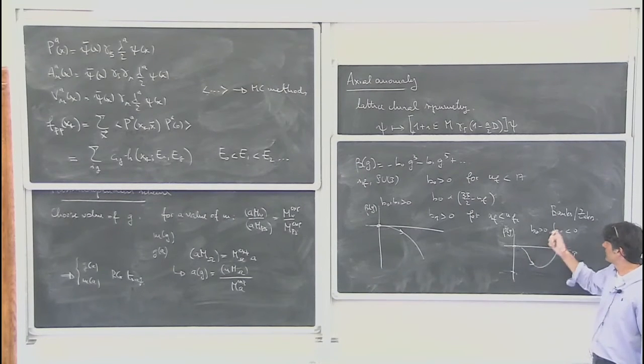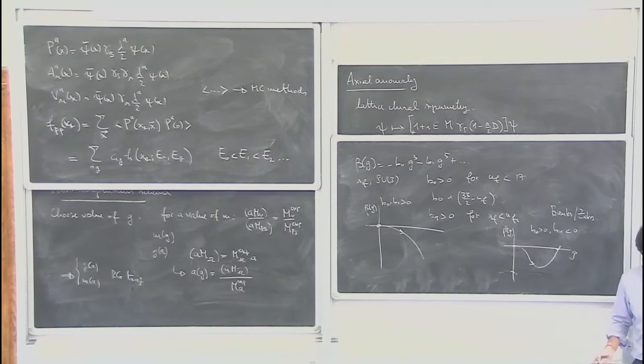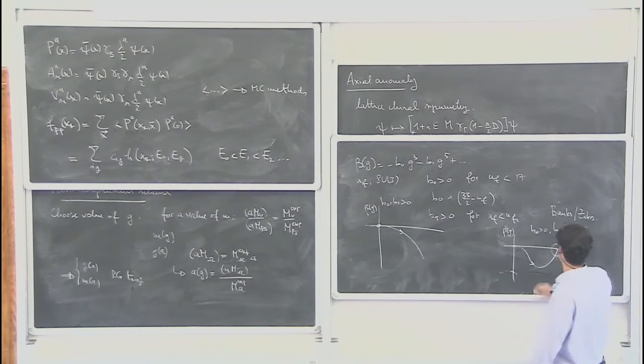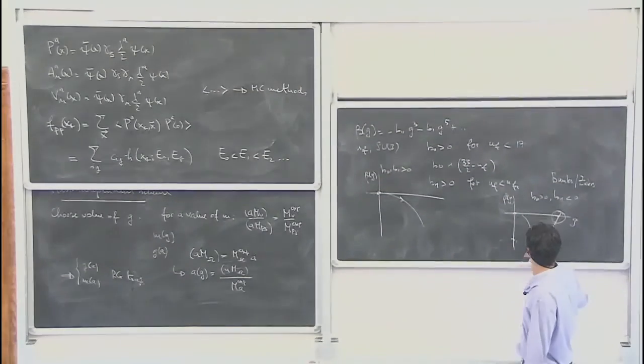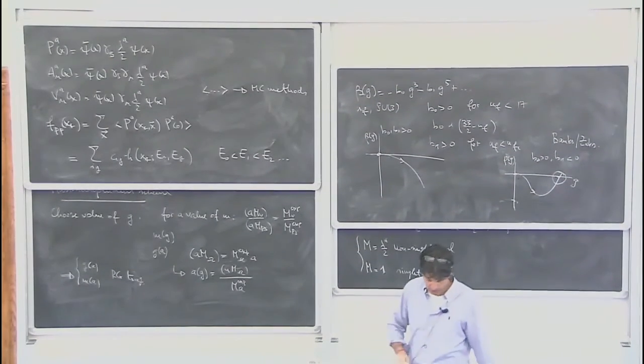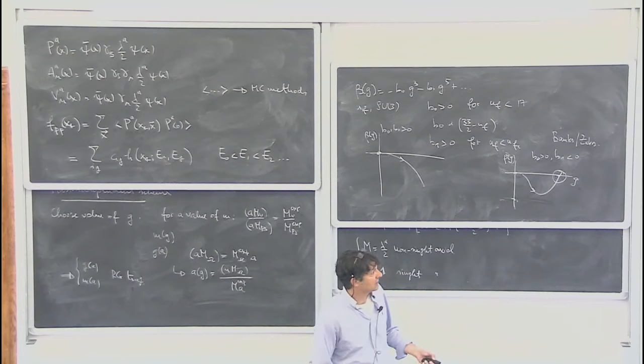But you can also imagine a more general scenario like this, where this fixed point is at strong coupling, and then there could be some interesting strong dynamics over here. The question is, can we actually identify these fixed points by numerical simulations? So the way to